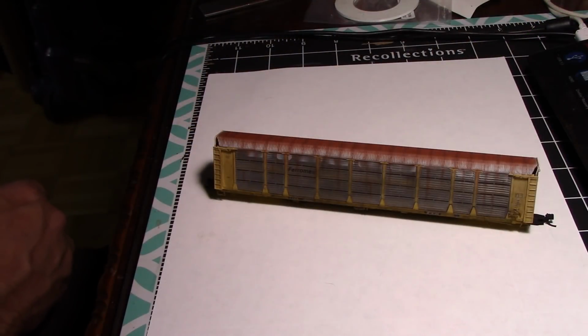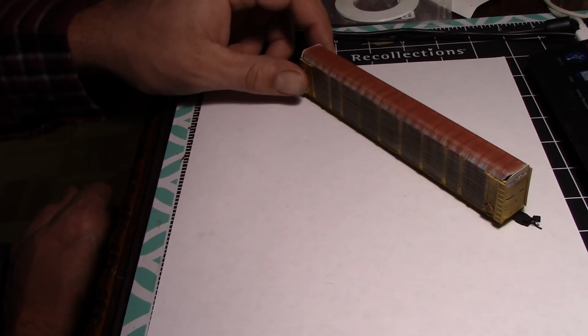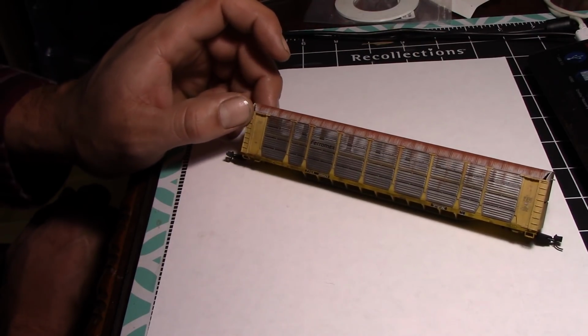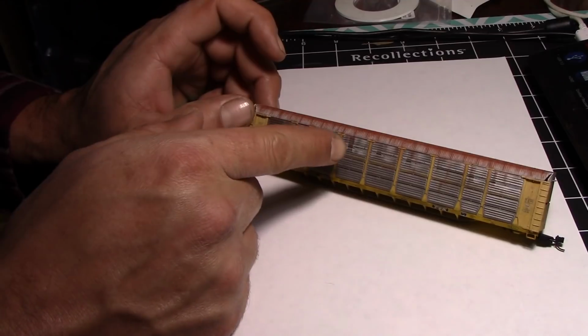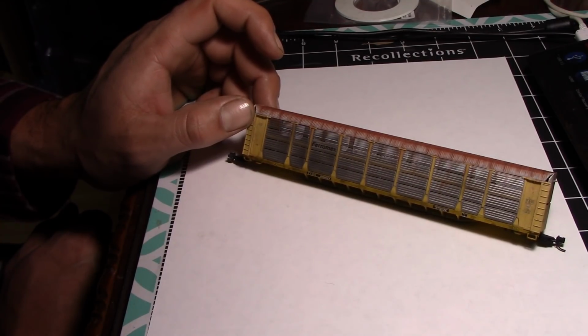Okay guys, so fast forwarding a little bit, all the powdering on the car is done. So the next thing we're going to do is start doing some graffiti. So that's going to be on this side here. As you can see, I didn't do the rust streaks down the side as much because they will be